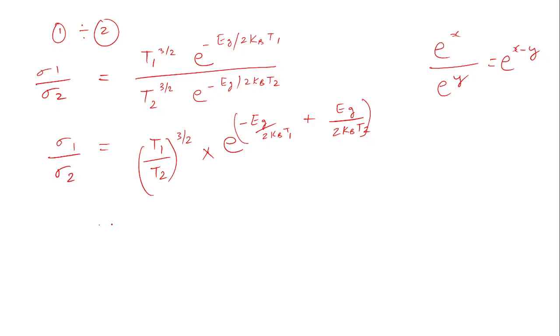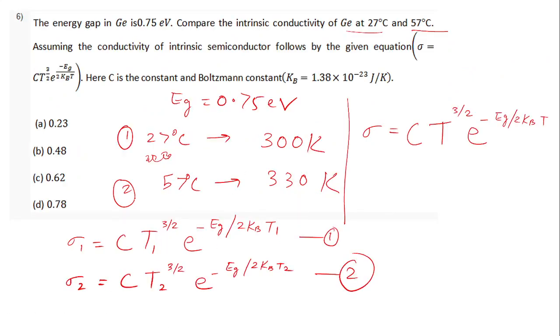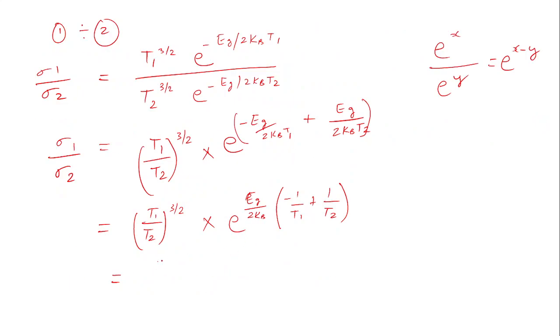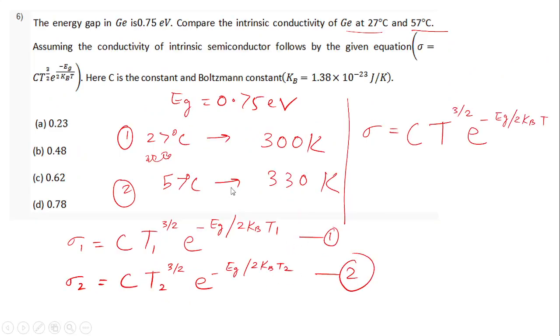Now we can further simplify this. We can take out Eg by 2kB, T1 by T2 to the power 3 by 2 multiplied by e to the power Eg by 2kB, which we have taken common, and then minus 1 over T1 plus 1 over T2. When we substitute, T1 was 300 Kelvin, T2 was 330 Kelvin, all this to the power 3 by 2, and this e to the power Eg is given, which is 0.75